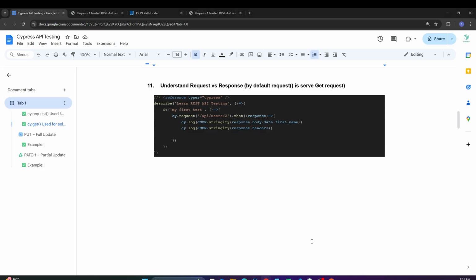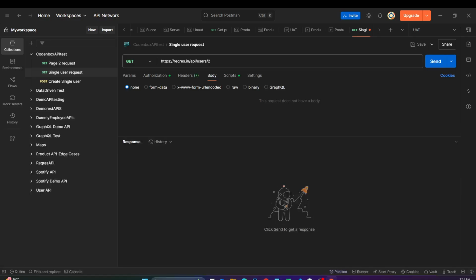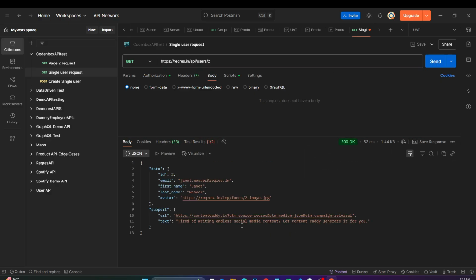Before we go to our VS Code, let's see it in Postman. I think you're all familiar with Postman. Here is one of our requests. It's a single user request, the same API we're using, single user, user 2. This is the API and it's a GET method. This part is used to send your request. If you click on send, you will get the response at the bottom here,